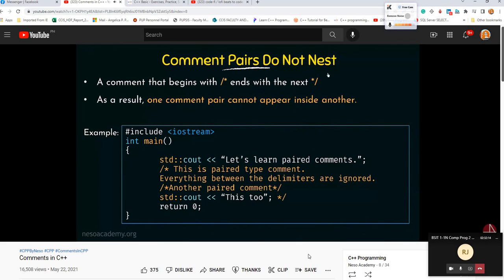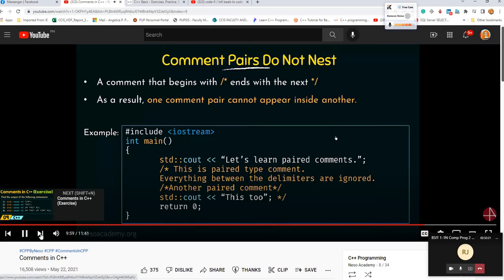Okay, so I hope with that you understood why comment pairs do not nest. With that we come to the end of comments. I hope you understood what comments are and what are the types of comments that we have in C++